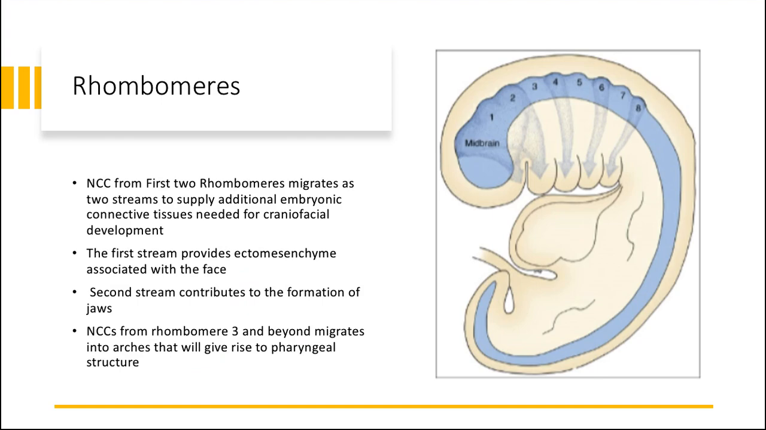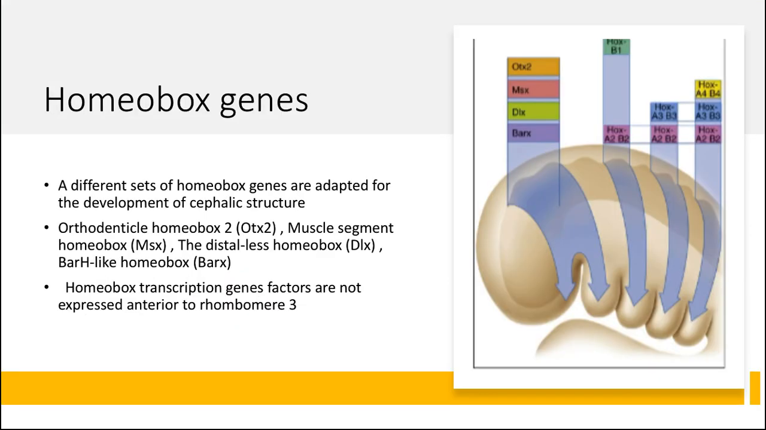Homeobox genes. The general definition is that homeobox genes are a large group of similar genes that direct the formation of many body structures during early embryonic development. So now we look into which homeobox genes help in the formation of the head, or in cephalogenesis. Different sets of homeobox genes are adapted for the development of cephalic structures: